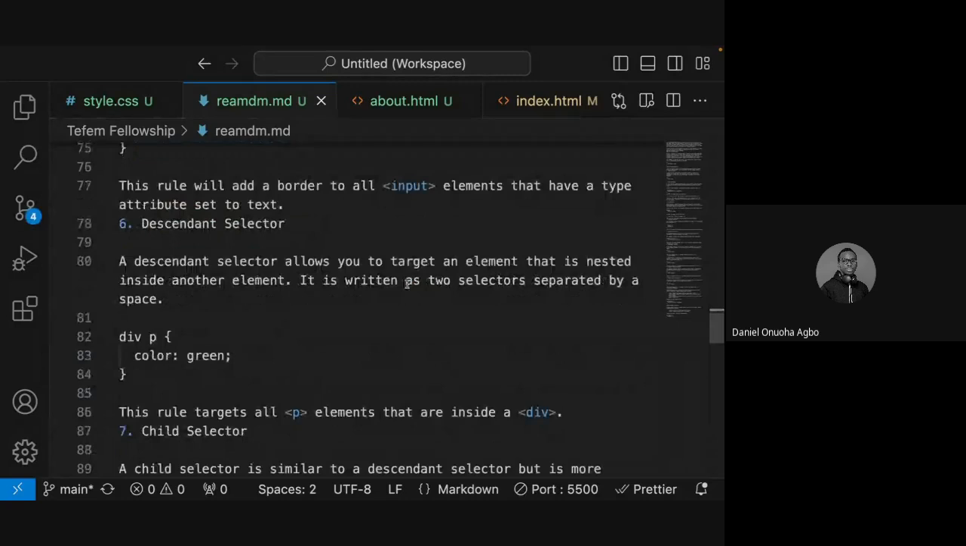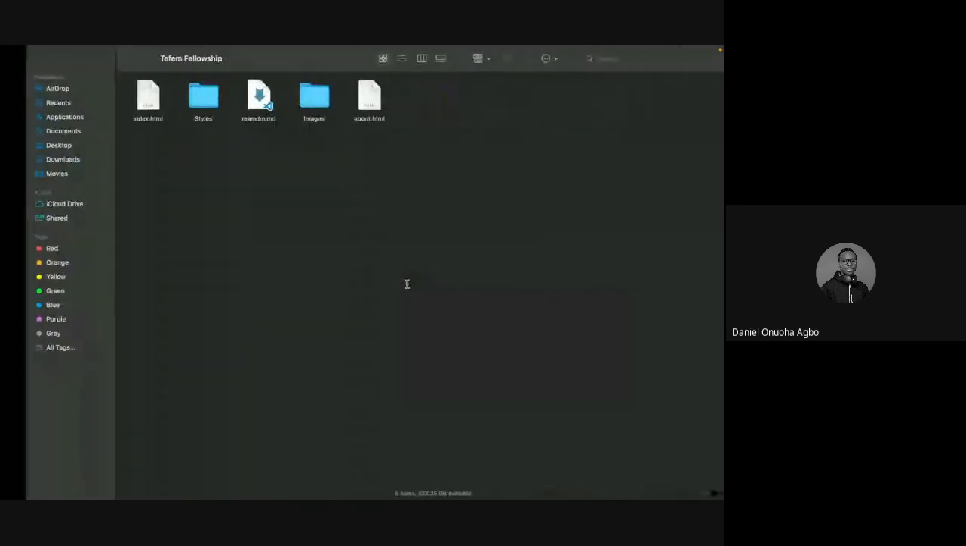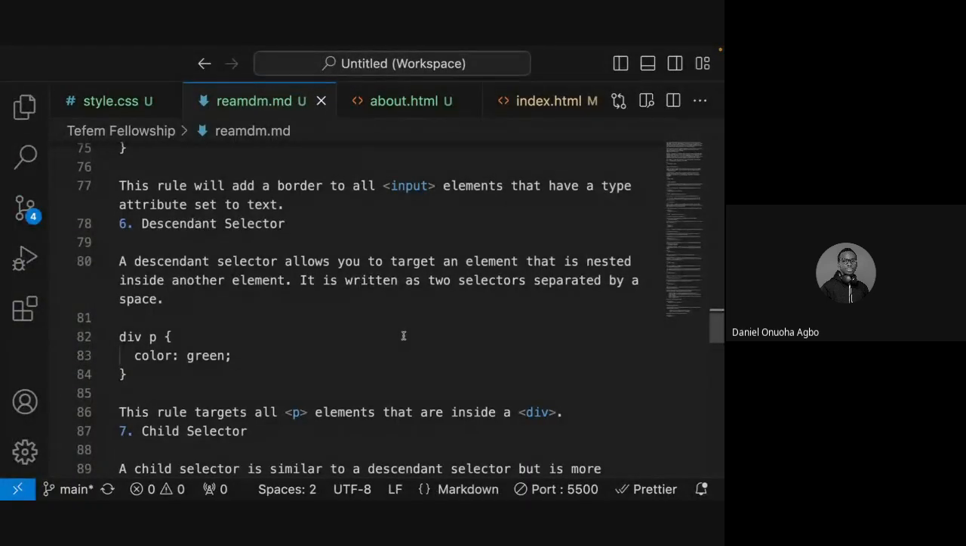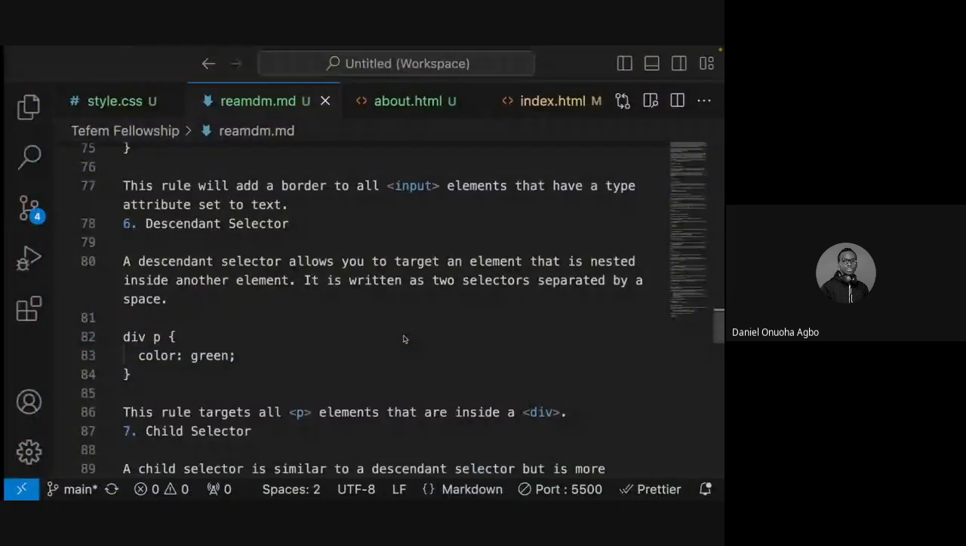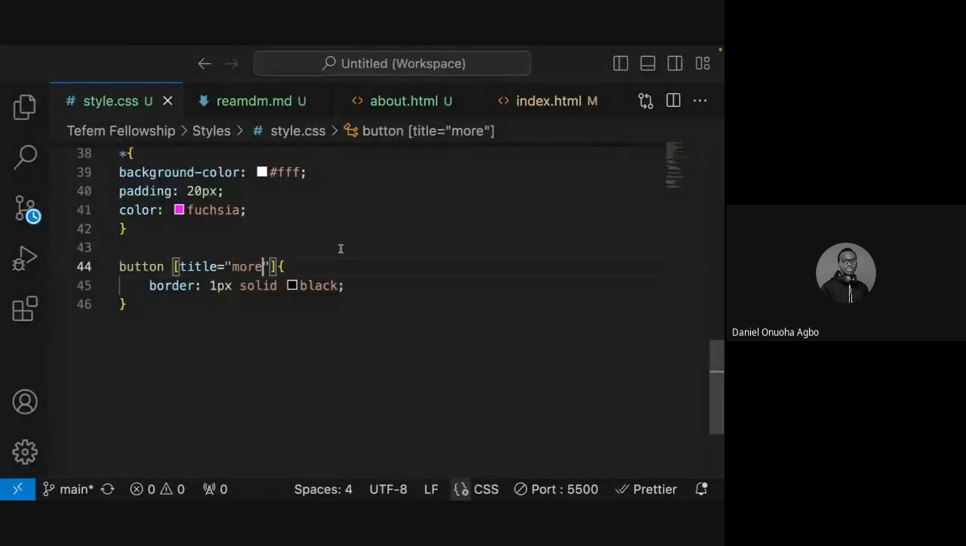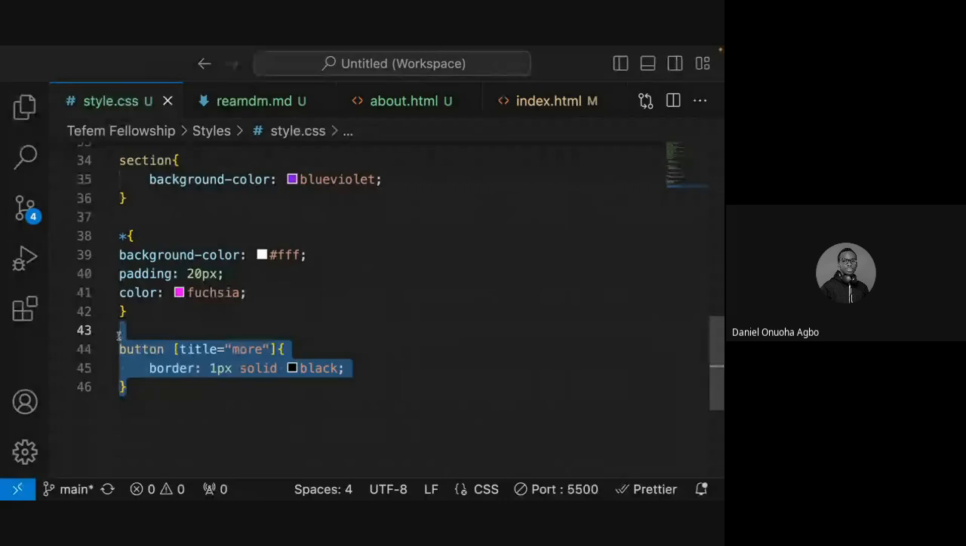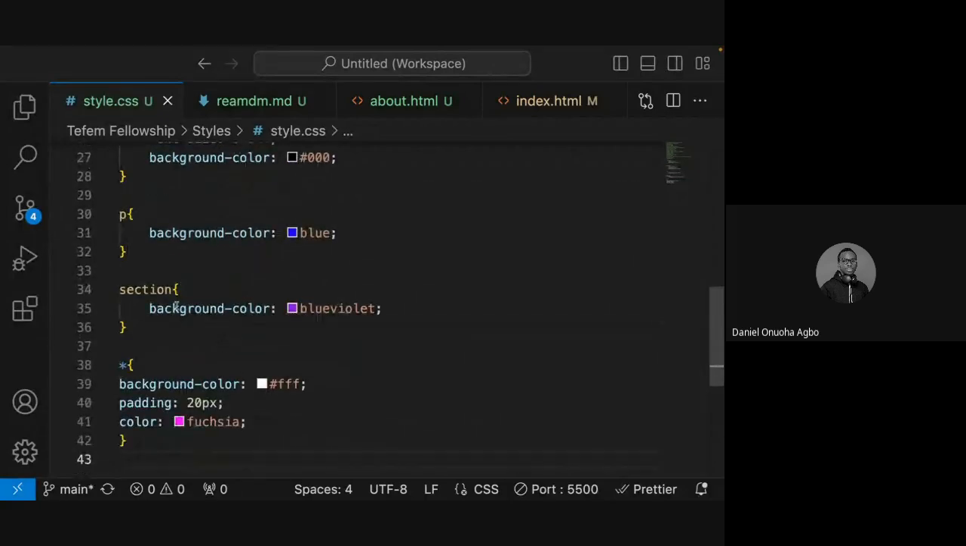We have the descendant selector. Now the descendant selector allows you to target an element that is nested inside another element. So this basically allows you to target an element that is being nested. So I'm going to do something like this. So what I'm going to do is I'm going to pull out